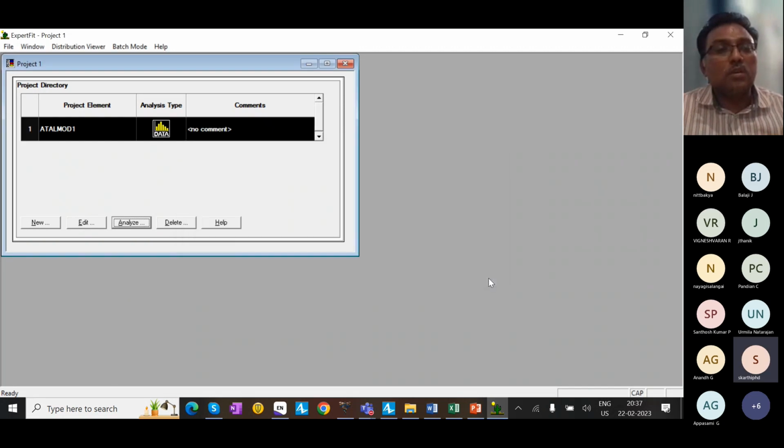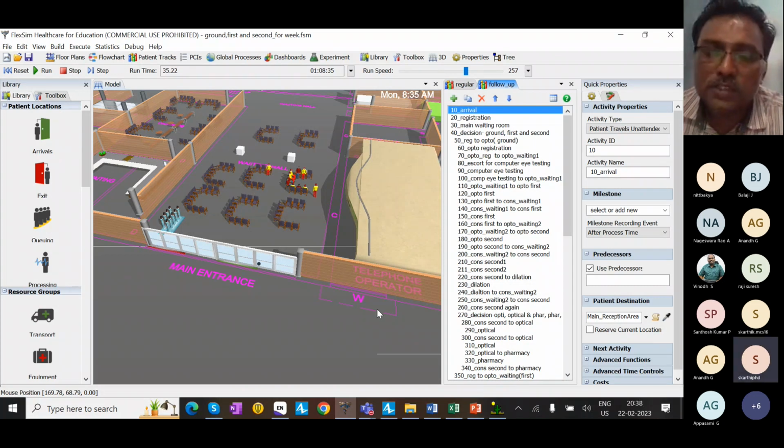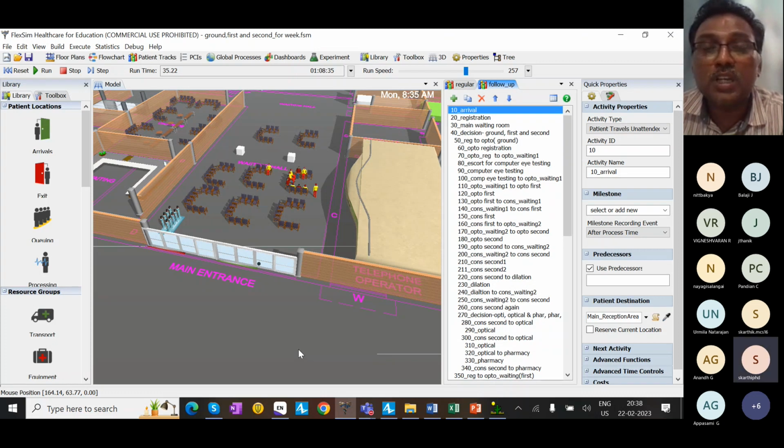Sir, what I'm asking is, we have to forecast the demand, so what decision will be made from this model? Finally, through the ML model we have to forecast. Listen, the purpose of this model is to evaluate the waiting time. Waiting time only, sir? No, you can do anything. You can increase throughput, you can look at resource utilization: how long a doctor is utilized, how long a staff nurse is utilized. Everything you can take.